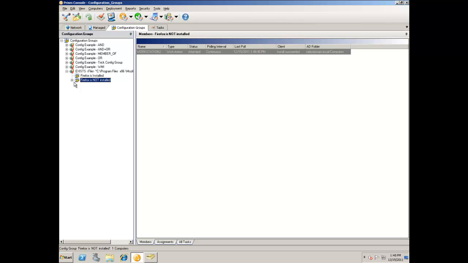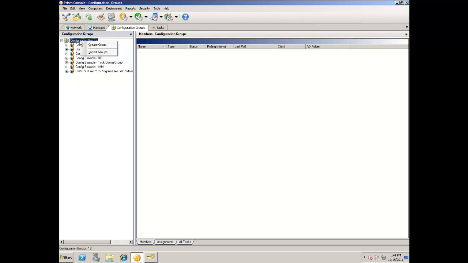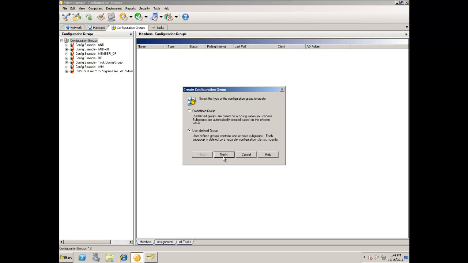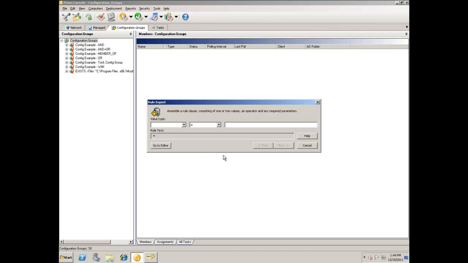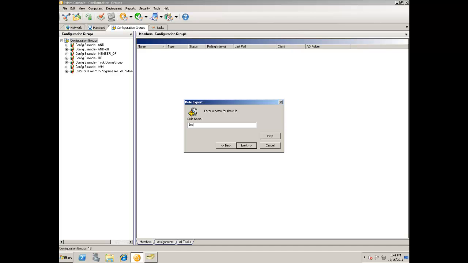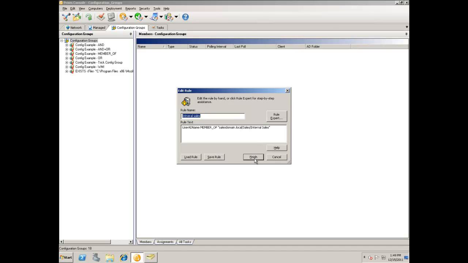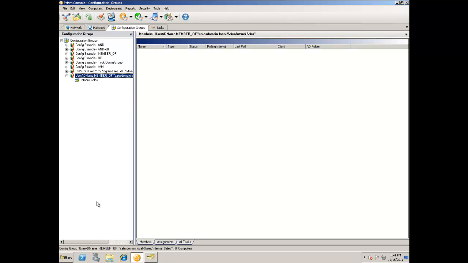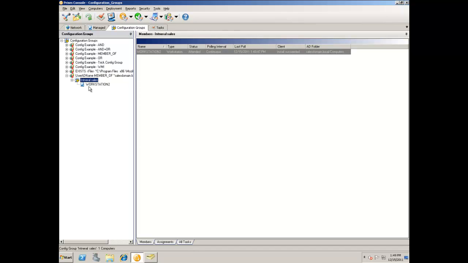So next, let's show you how to make a member of configuration group. A member of configuration group can be used to look for whether a user or a computer is a member of a particular security group. So you can use either computer AD name or user AD name. Today we're going to be using user AD name, and we're looking if it's a member of the security group that is in salesdomain.local, the sales OU, and then the name of the security group is internal sales. And if we hit next, and we name it,